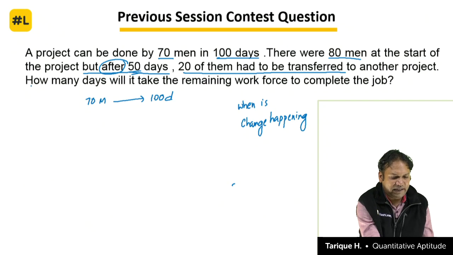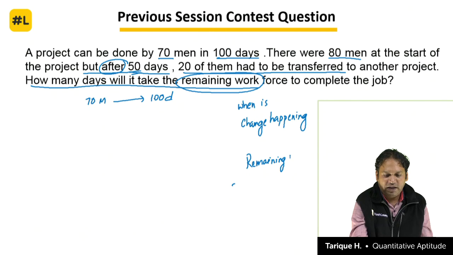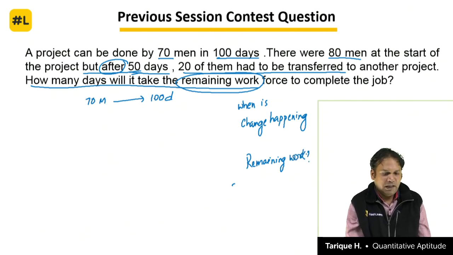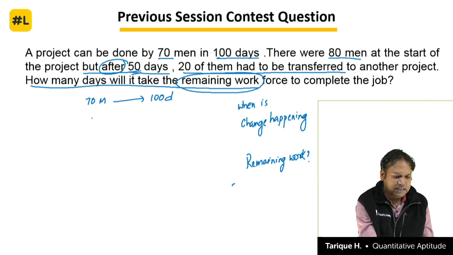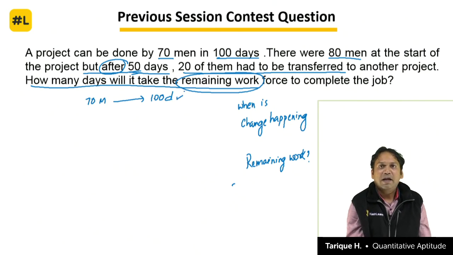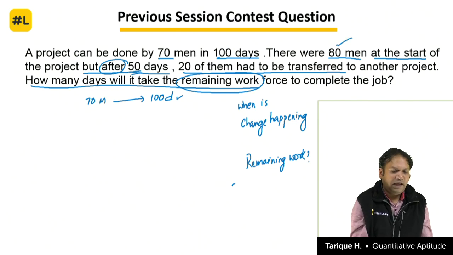How many days will it take for the remaining work? Please focus also on that this is a question based on what? Remaining work, not total work. Sometimes we calculate everything and get the answer wrong, remaining work. So what is the first thing we will do here is to understand that 70 men can do the project in 100 days, this is given to us. At the start, how many men were there? 80 men. And after 50 days,